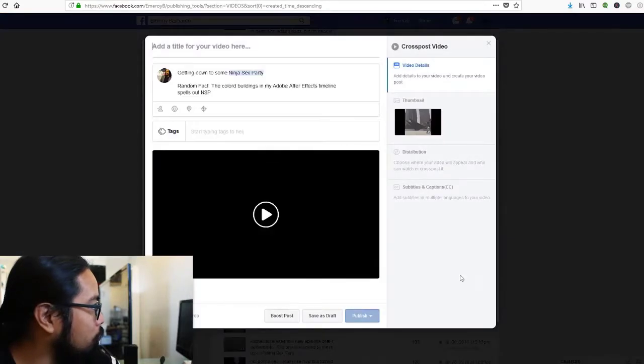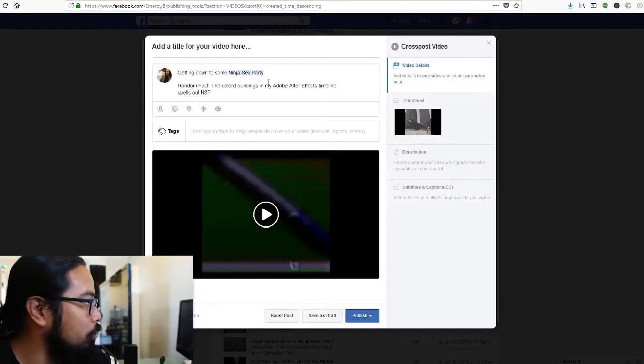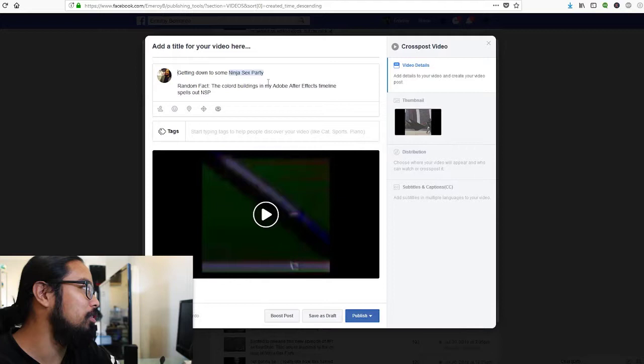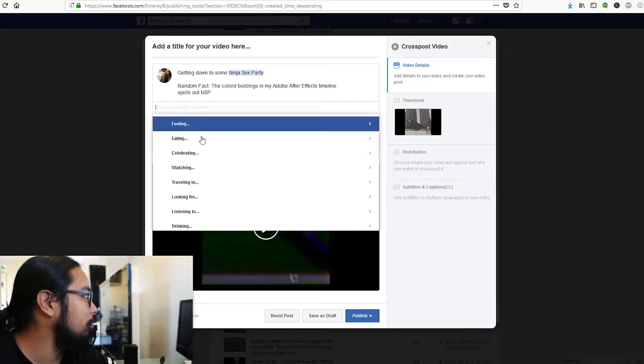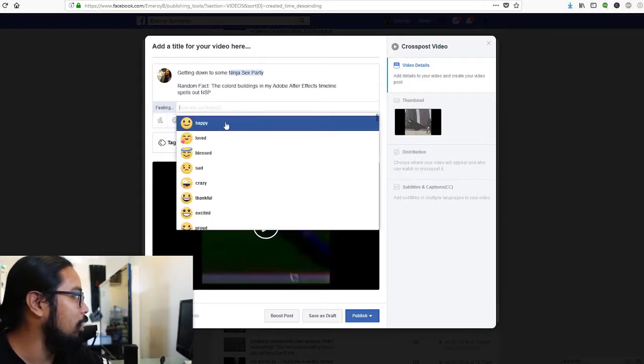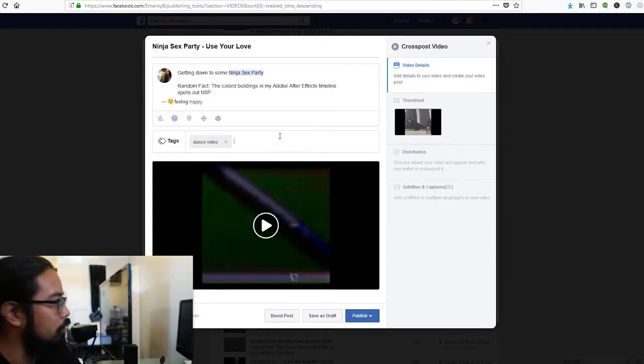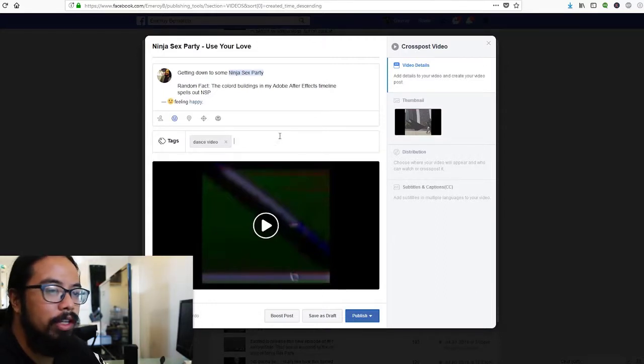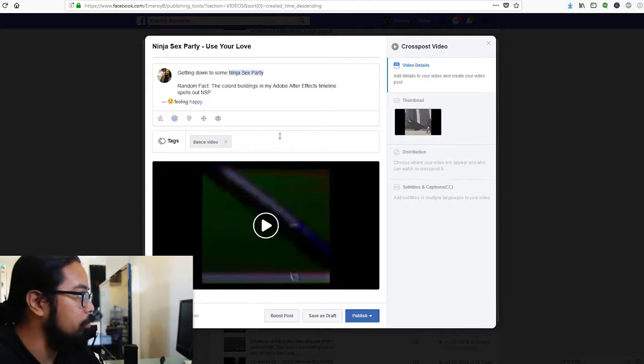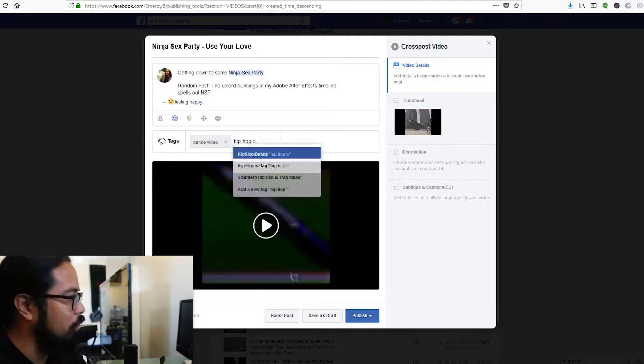Okay, boom, go up there, and it gives you the original caption, the original tagging, and you can even add more details to it now. Okay, feeling happy. Ninja Sex Party, which is the name of the band. If you remember any of your keywords, if you have keywords and have done your SEO research, this is a perfect place to do it.